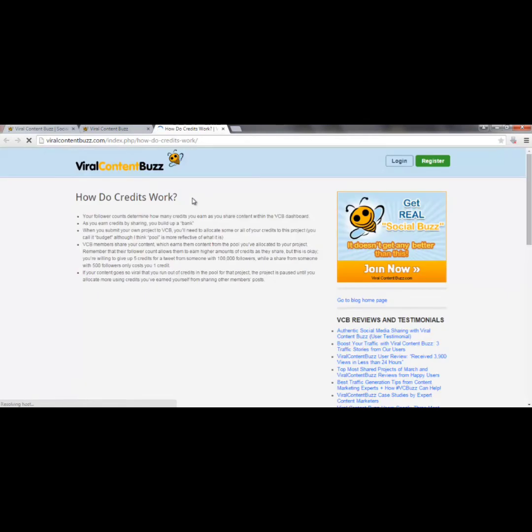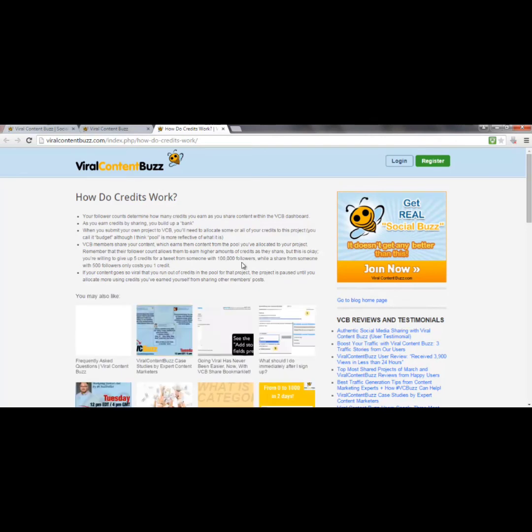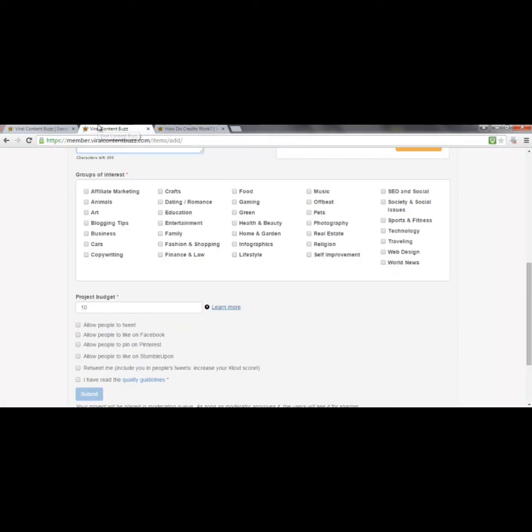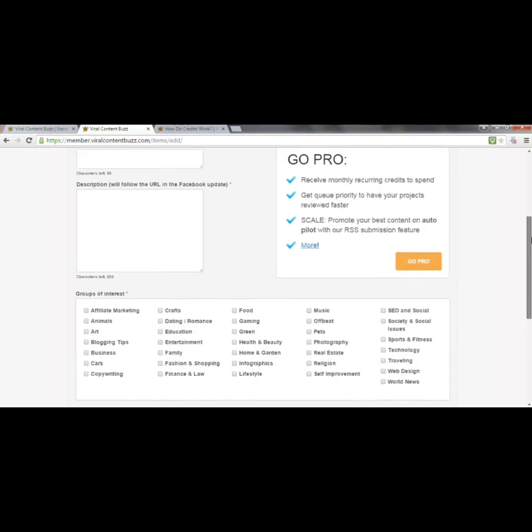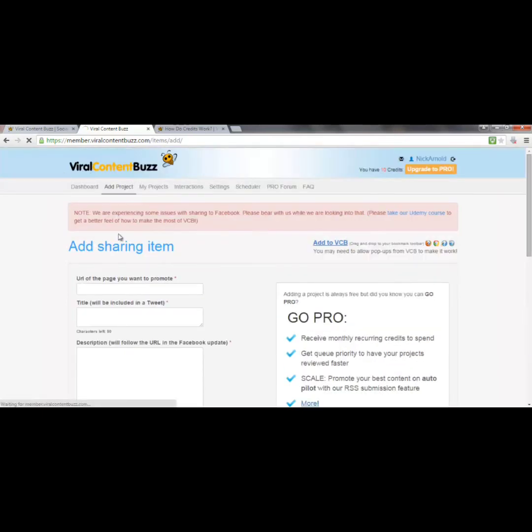As you can see by clicking here how the credits work, if someone has 100,000 followers on Twitter and they tweet your post, that will be 5 credits. If someone has only 500 followers, that's only going to be 1 credit. So basically it's going to cost you more credits from your budget if people with more followers actually share your content. So really simple, guys. It's just share for share,